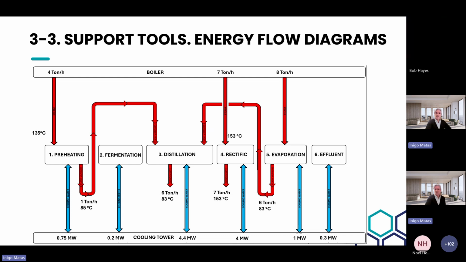The other tool is what we call the energy flow diagrams. These go a step further: they map the temperature levels and the flow of heat through the process. We show here the steam, we show the cooling. For example, this process is exporting energy into this other part, the distillation. They can be complex at the beginning, as normally there are different levels, but they really help to simplify complex processes and make it easier to identify the points where a heat pump can provide meaningful value. That is very important.